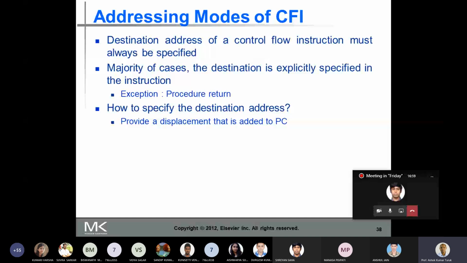So once you provide the displacement along with the instruction, you add it to the current value of the PC, and then you get the target address. This type of addressing is called PC relative addressing. The control flow instructions where a displacement is provided to get the address of the target are all called PC relative addressing.